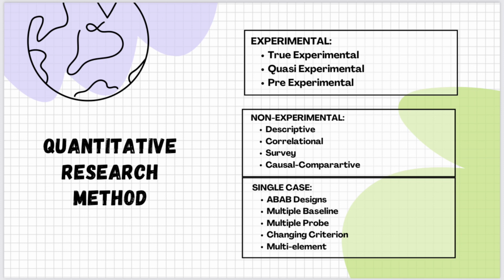This research aims to establish a cause and effect relationship between an independent and dependent variable. However, unlike a true experiment, a quasi-experiment does not rely on random assignment. Instead, subjects are assigned to groups based on non-random criteria. So I'm going to give one example for quasi-experimental design, like